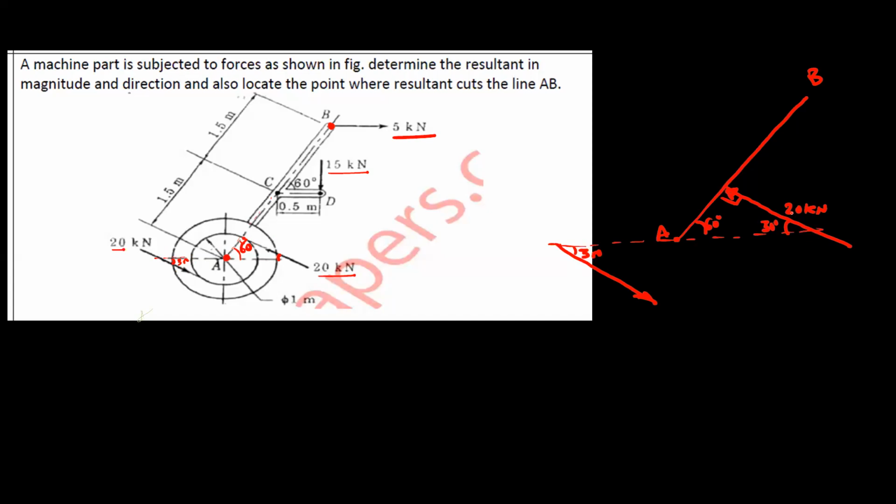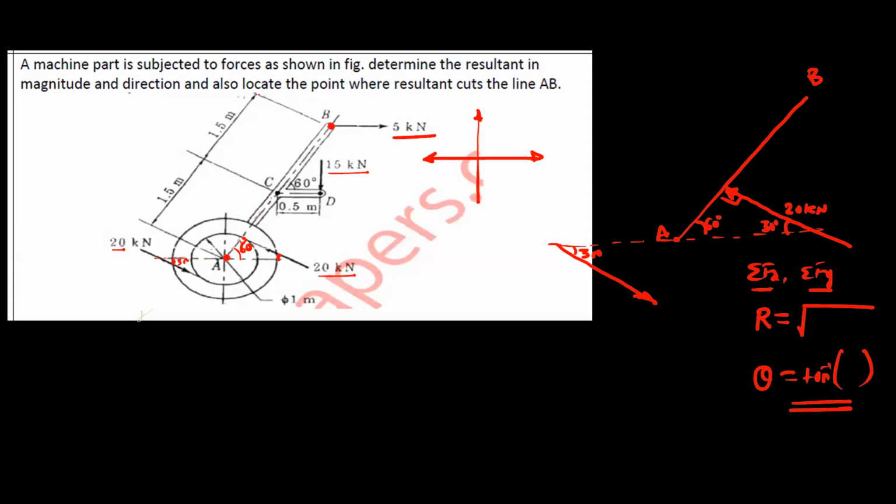So after this, you can resolve these two forces. The resolution is required for the resultant. When you find the resultant by using summation Fx and summation Fy, you must resolve these two forces. For that, you can consider this vertical line as the y-axis, and this is your x-axis. So these are two reference axes, and accordingly you should resolve the forces. From the resolution, you can find the resultant, and you can find its angle theta by using this formula.